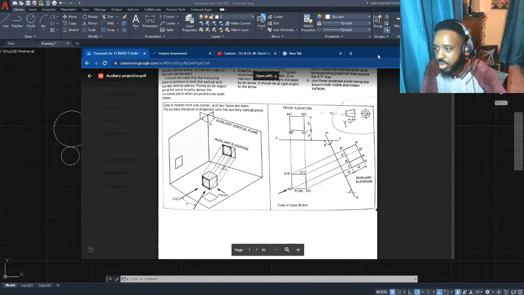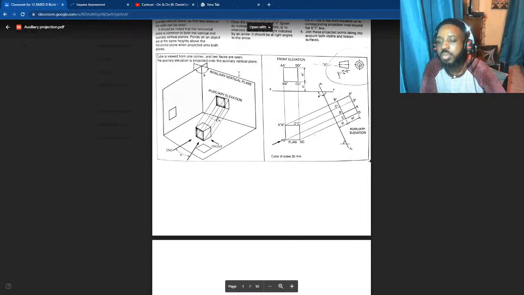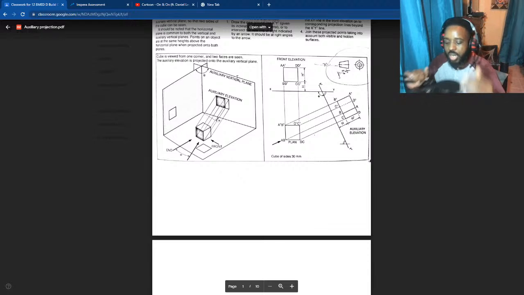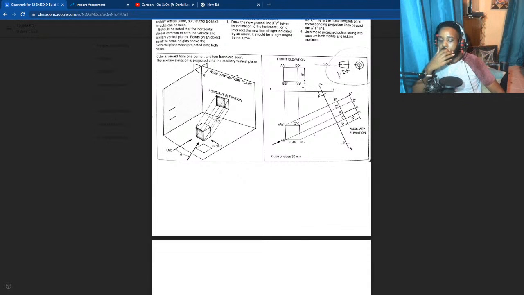All right, so let's look at this here. You can look at auxiliary projection.